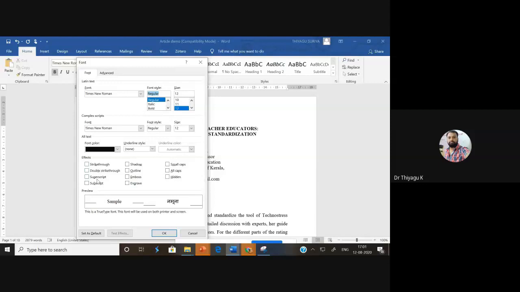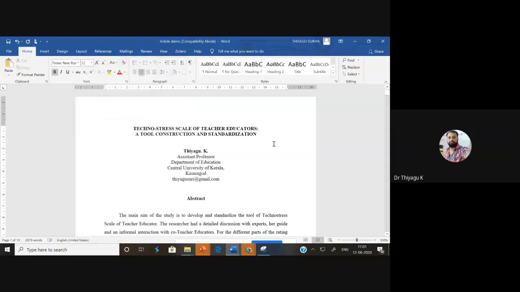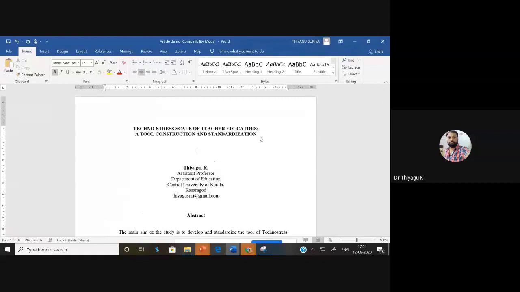Suppose you are writing something like 2 square. People have doubts about how to type 2 square. You can use the superscript option to type 2 square. For subscript, a 2 under the text, you can use the subscript option. Even mathematical symbols we can type. So I'm going to give a demo. Suppose I'm typing like this. I want to go with the 2 square.